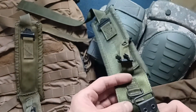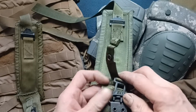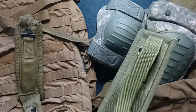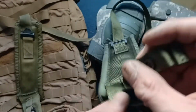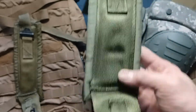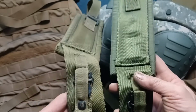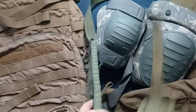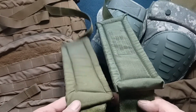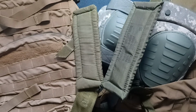to assist in dismounting and mounting a loaded pack, because it can be hard to bring over the shoulders at the same time with both straps. So giving yourself an open strap and then closing that when you're ready to move. So we got here again two of the LC2 straps for the Alice pack,